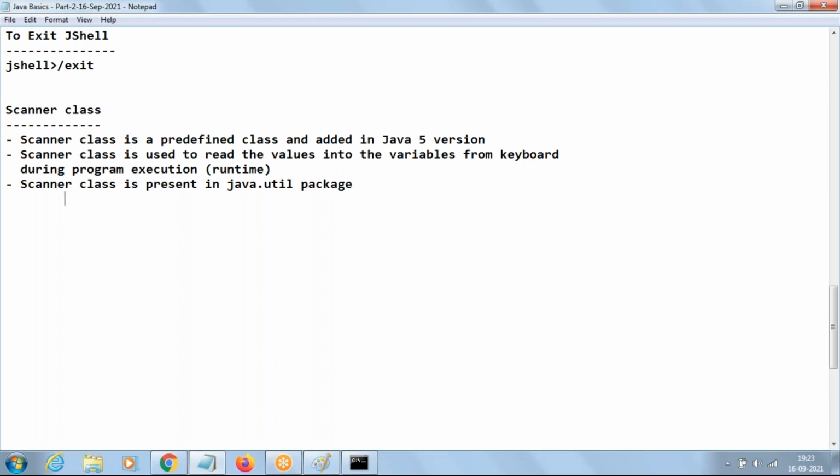Since the scanner class is present in the java.util package, whenever we want to use the scanner class in our program, we should write one statement above the class, like this: import java.util.Scanner. Then only we can use the scanner class in our program. Import means go to the folder java, under that the subfolder util, take the Scanner class and use it in our program.